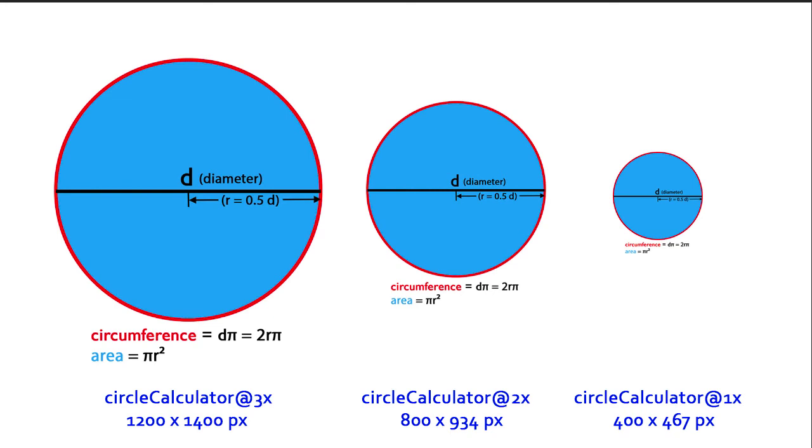So the little circle diagram that I showed you earlier, I created in Photoshop. And I always create the larger one first because you always want to go from large to small. If you go from small to large, it'll rasterize and look horrible at the larger resolution. So I create the first one, and since I added the text below it in terms of the formulas for circumference and area,